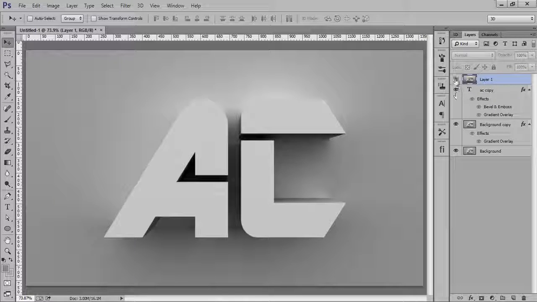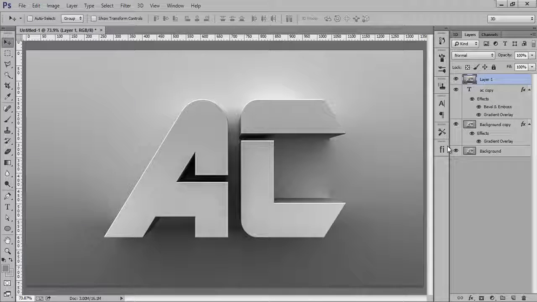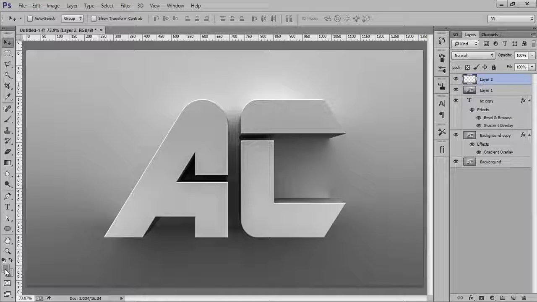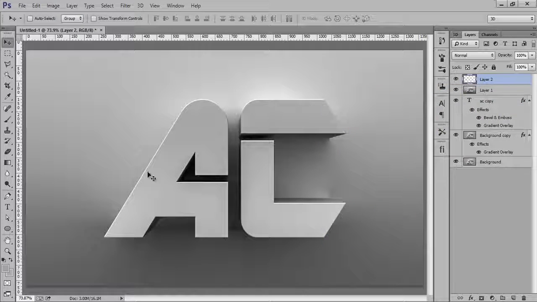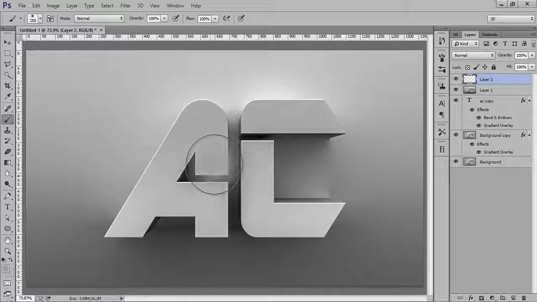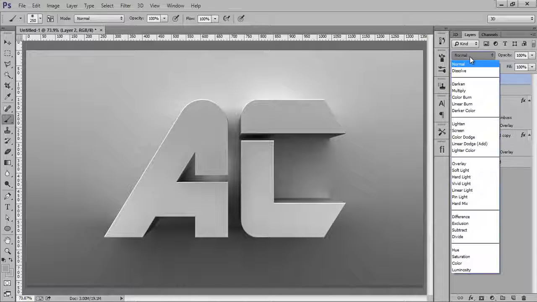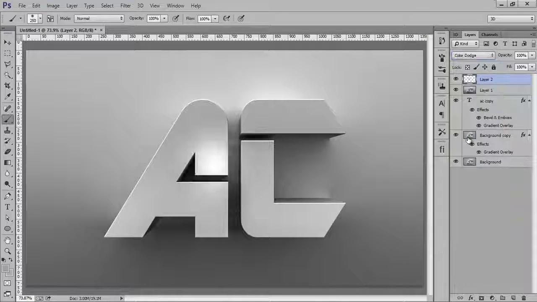This is before and this is after. Within a few seconds I got this. Again make a new layer on there and choose any color from there, like this. I have chosen this gray color, and choose your brush, hit once on there and set its blend mode to color dodge.